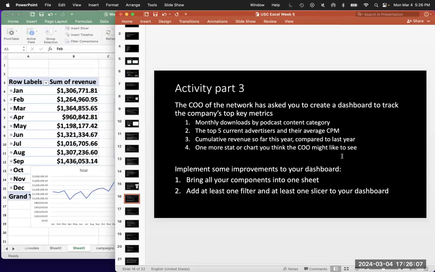So I originally copied the table, but then when I changed it, trying to make another one, it became... Wait, say that again. So the one that used to be here should be the bar chart for current top 5 advertisers and their average CPM. But then when I tried to make another one with this one, it became... so should I make it in the new sheet? Yeah, I think I should make it in the new sheet. Like when you copy pasted it over the other one, is that what happened? Yeah, I copy pasted this one to here, but then when I tried to make another